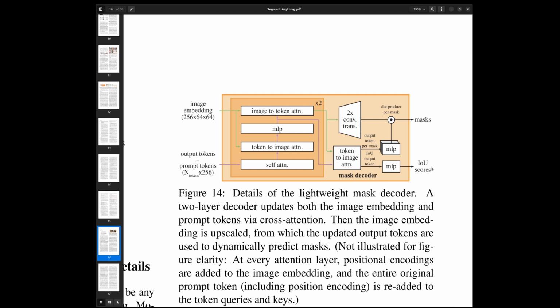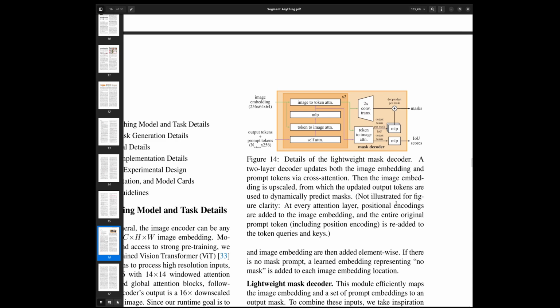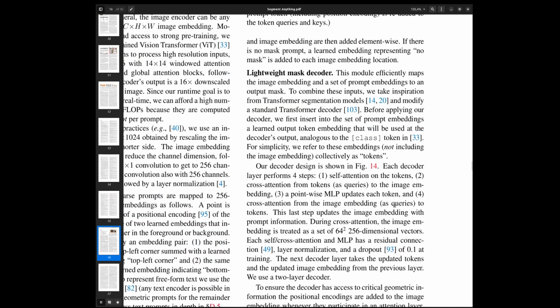And I'm kind of wondering about the number of masks that they create, because here I can see 256, so I'm gonna assume I got 256 masks, but they say it's dynamic, so you should get more masks, I guess, because we were seeing more masks in the images before. So maybe here they say something.